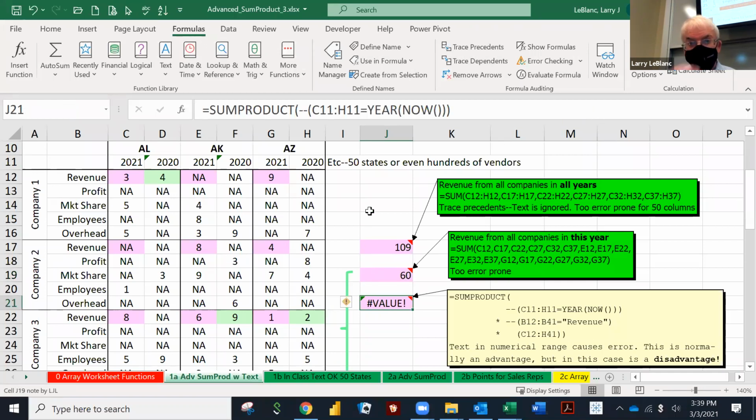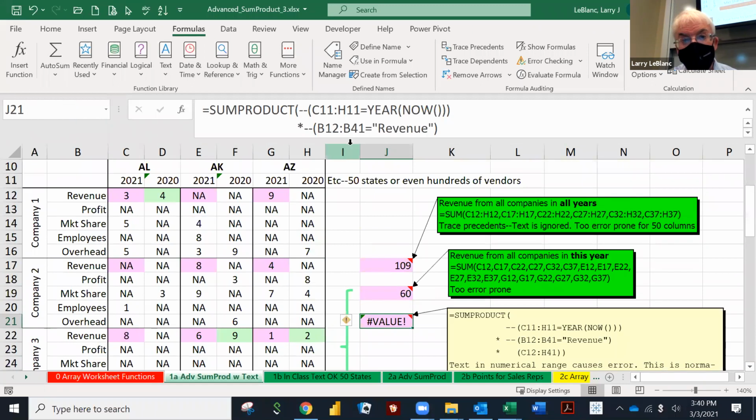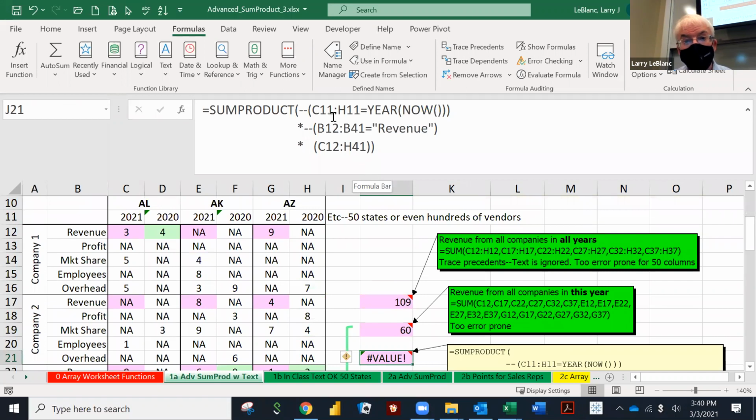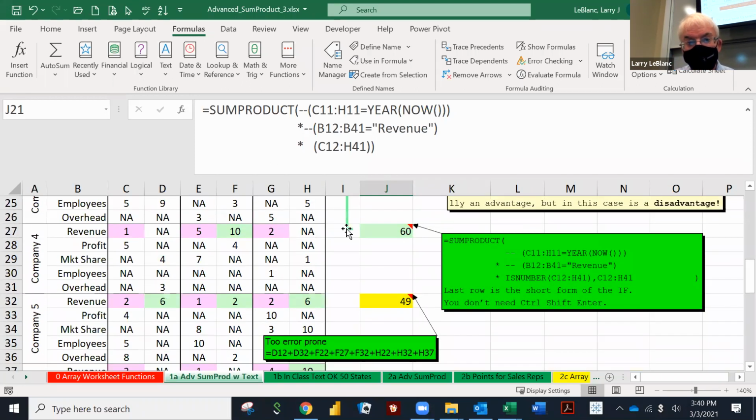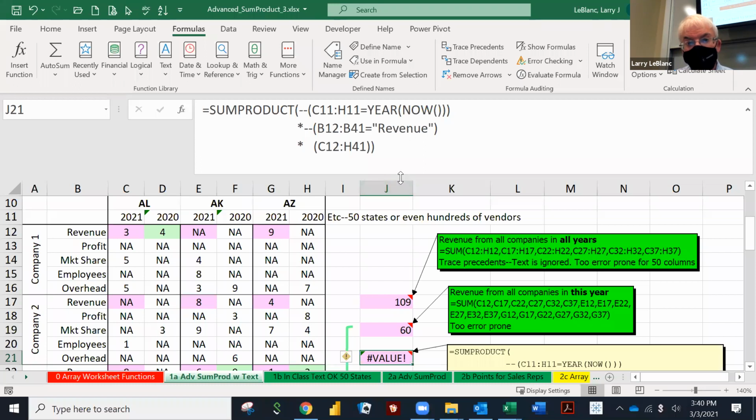The SUMPRODUCT of minus, minus C11 to H11, that's row 11, equals year of now, that's 2021, star column B equals revenue, star the rectangle, C12 to H21. The SUMPRODUCT fails because there's text in the range where numbers are supposed to be. That's normally an advantage. But in this case, it's a different disadvantage. The way we correct it